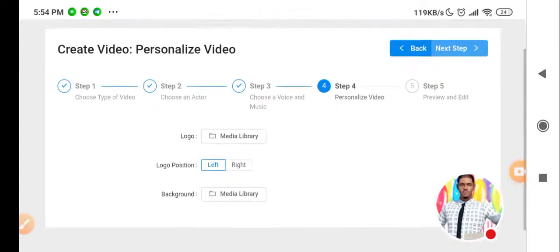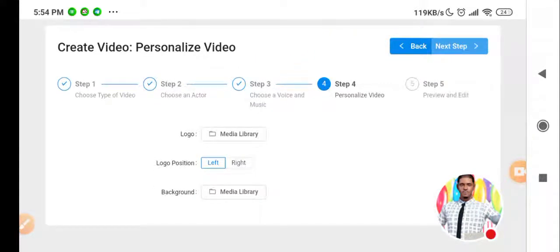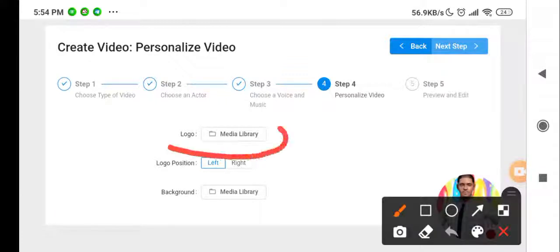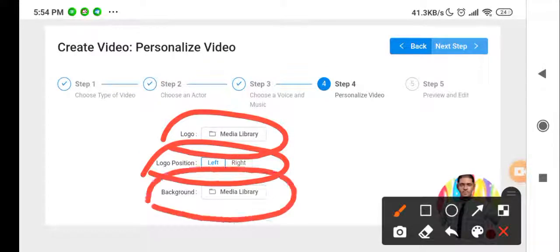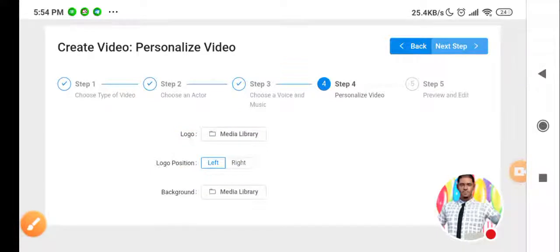From the next step, here comes adding a logo. As you can see, adding a logo, then the position of the logo and the background. Let us look at it now so you understand it more. The first one we did was the image, right? That image can as well be used as the background. Don't be confused, just watch and see. So let's start with the